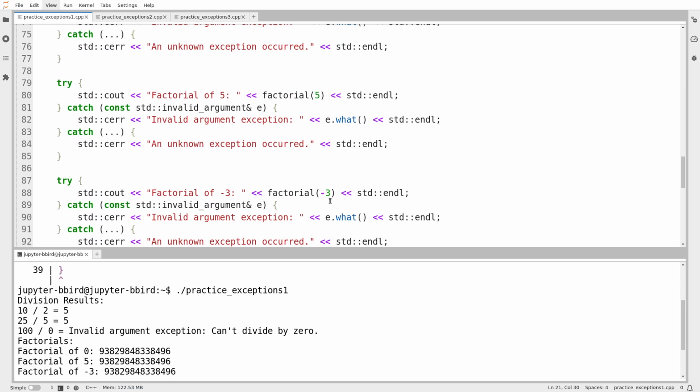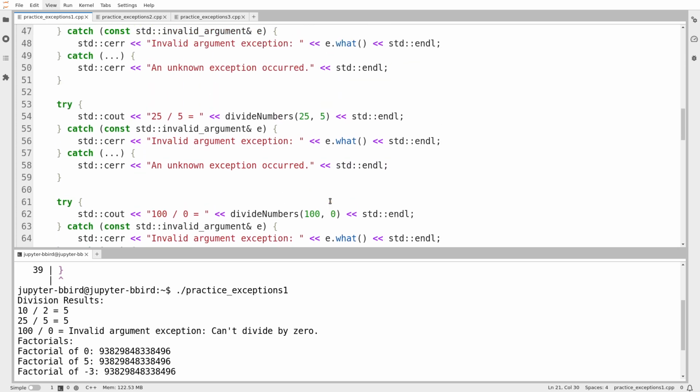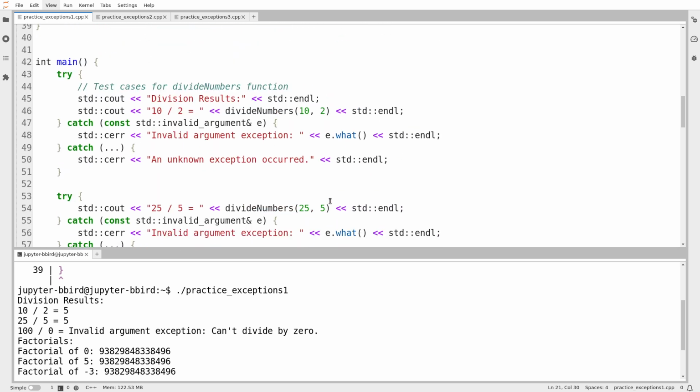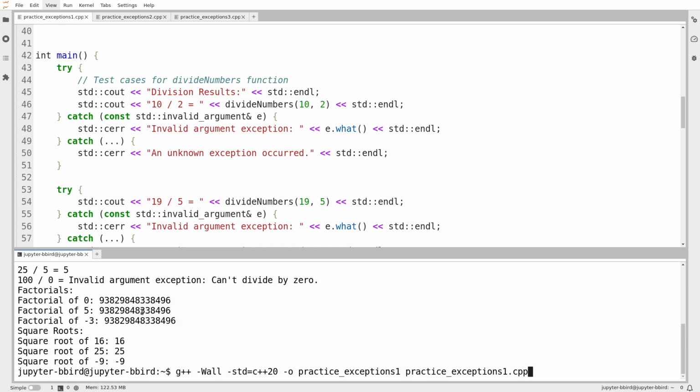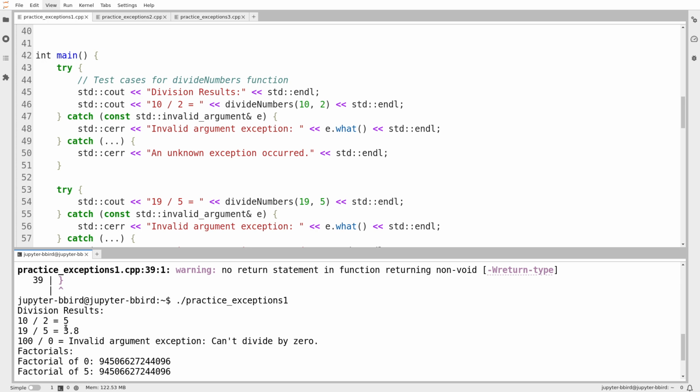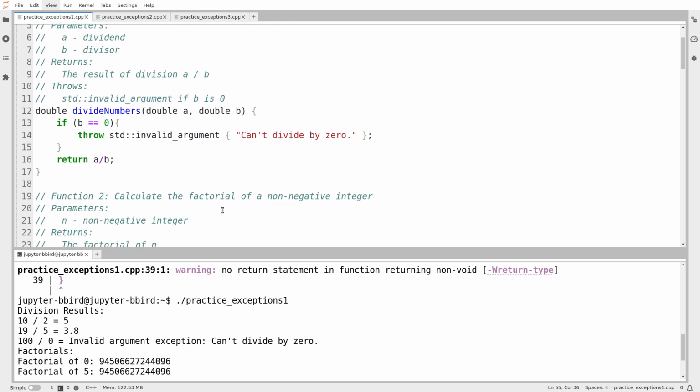I'm realizing this wasn't a great set of test cases for a couple of other reasons. One of them is that I want to make sure, not that I'm actually worried about this, but I want to try dividing something that results in a fractional output. So not just 20 over 5. Okay, so it comes out to be 3.8. Okay, that looks good. So it looks like divide numbers works. I don't think I need to test it exhaustively.